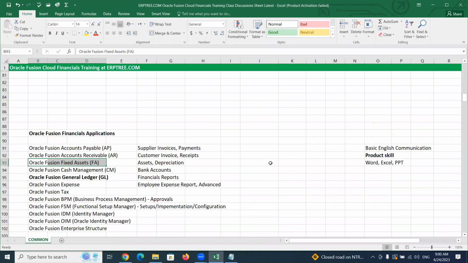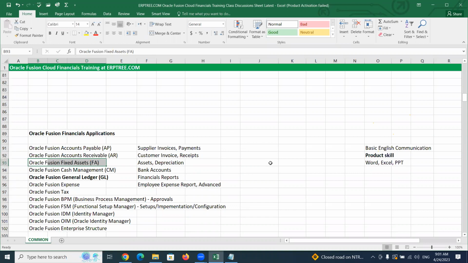Don't worry if you are not aware of the meaning of depreciation. When we deal with this application, we'll discuss it in more detail. It's very simple to understand. Say you purchased one car for your company. It cost 10 lakhs. After 2 years, if you want to sell that car, you may be able to sell it at 7 lakhs.